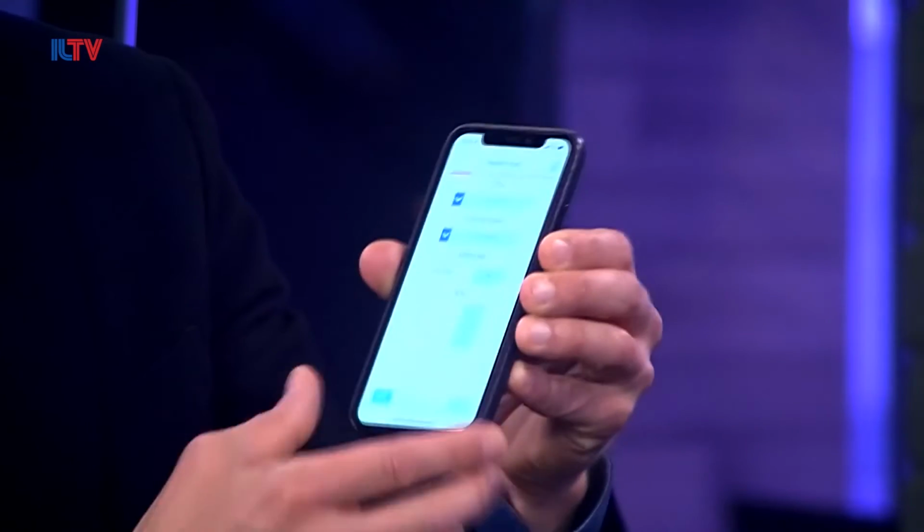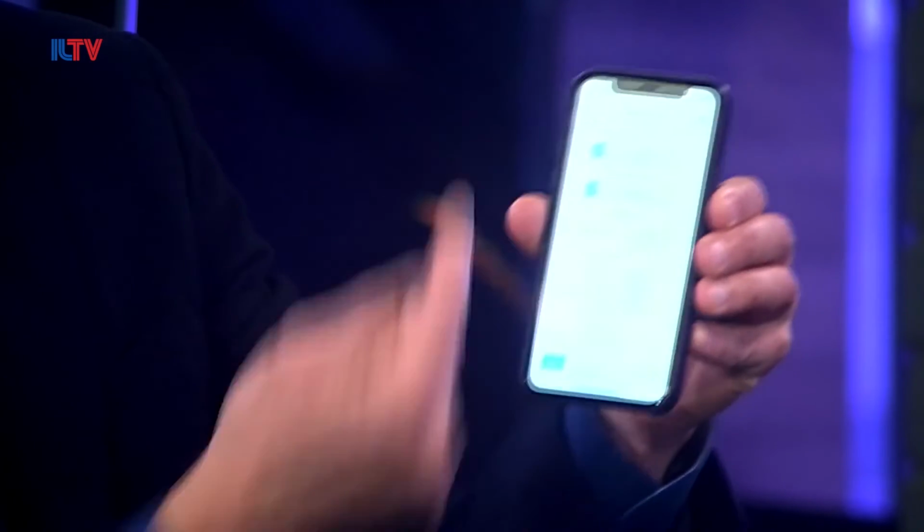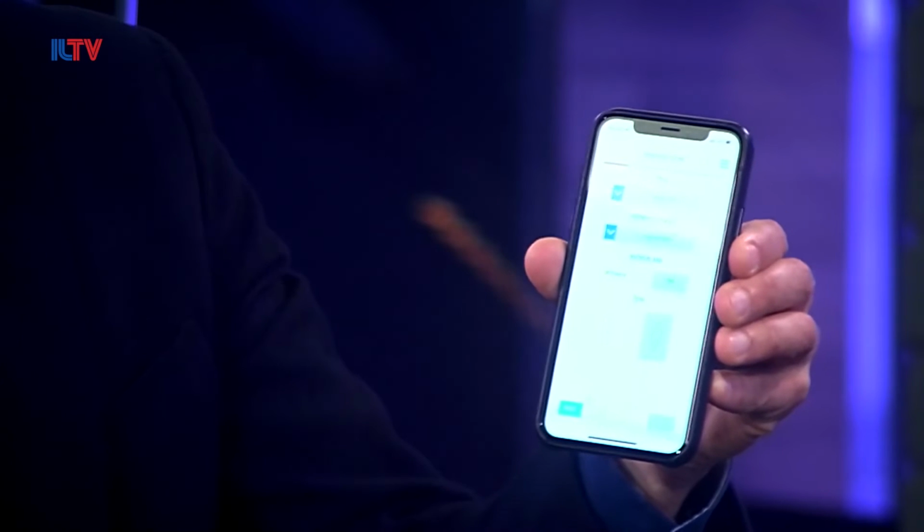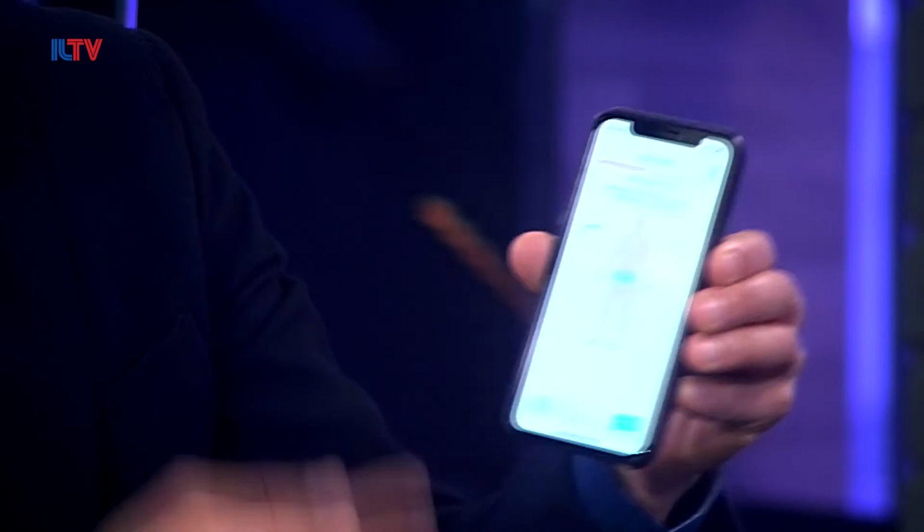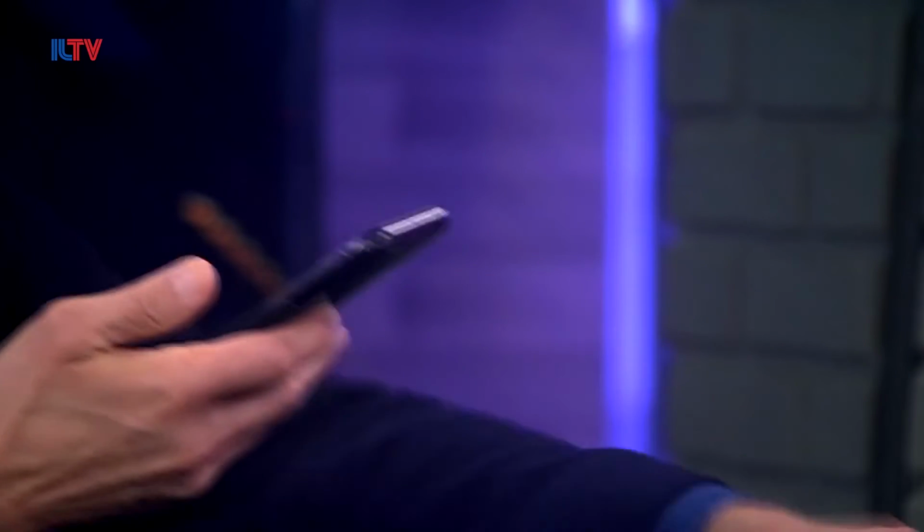So I understand you have the app here on your phone. Can we take a look? Yeah, I do. So first of all, this app is with DermaDetect. DermaDetect is a leading pediatrician portal in Israel. It will be soon available also in other countries such as the US. So this is the app. You answer the questions the app asks you and just click next, a very simple process. Once you click next, you select where your condition is. Let's say I have a condition on my palm. So I just click the area and click next. Once I do it, there are additional questions, and I answer them. Let's go quickly through the process. I take a photo of my hand